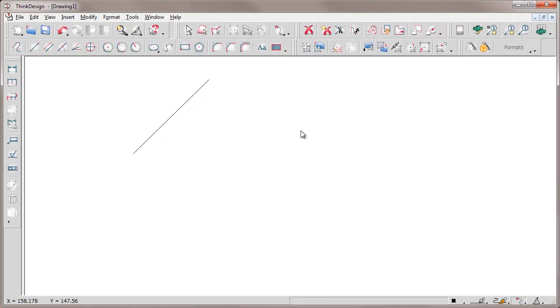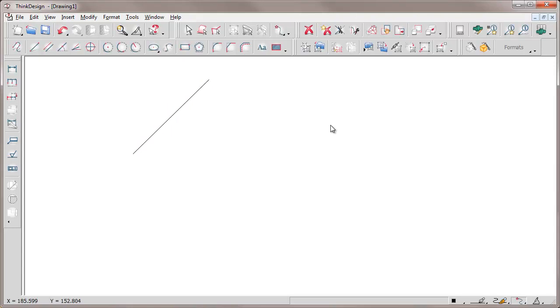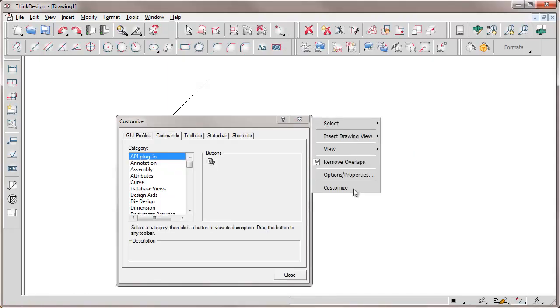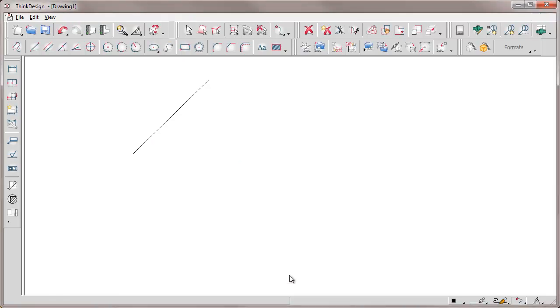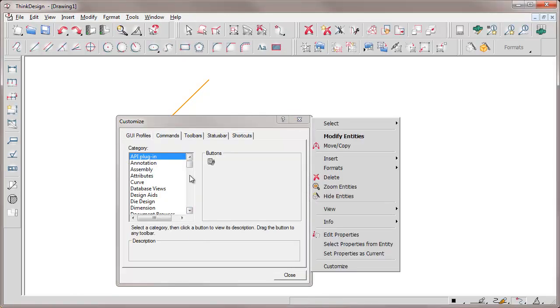Let's customize again our context menu. By the mouse right button delete, we can remove the button again. Let's now change the context menu being displayed when clicking on the line by inserting here as well, for instance, a polyline button.